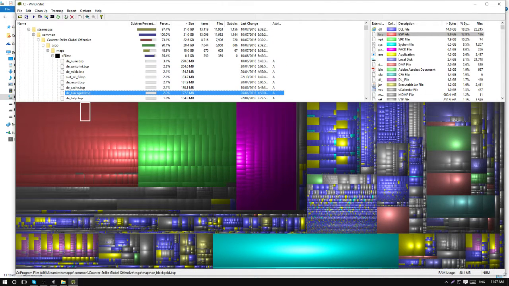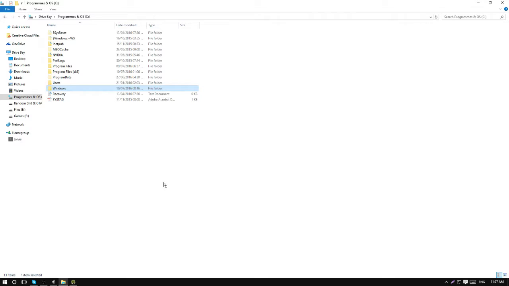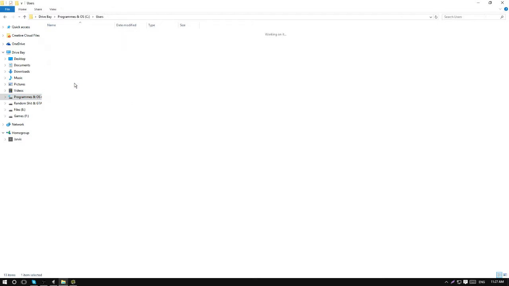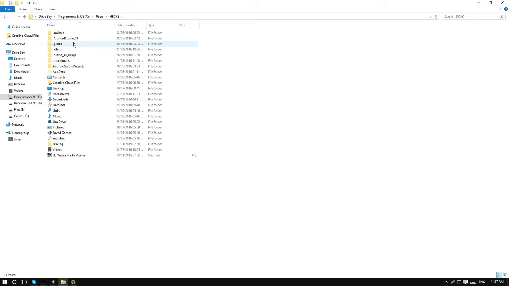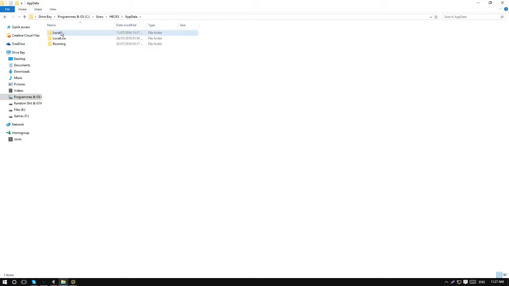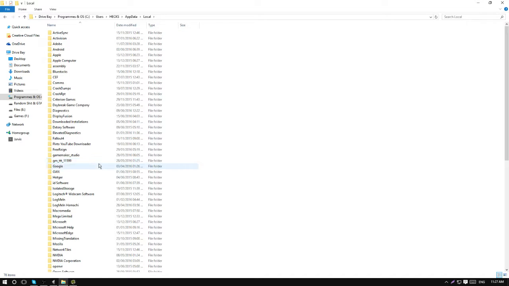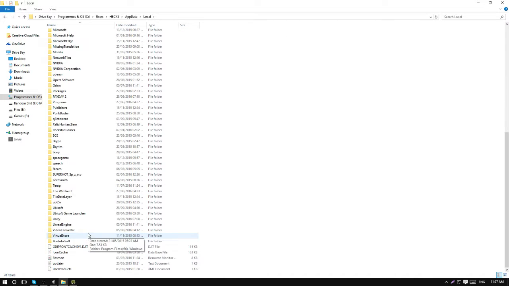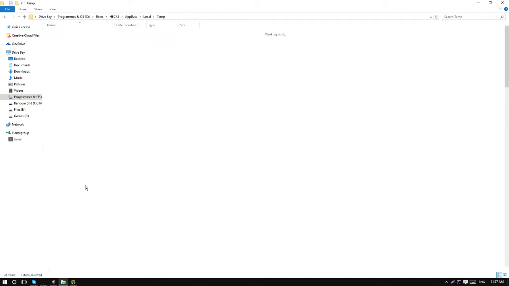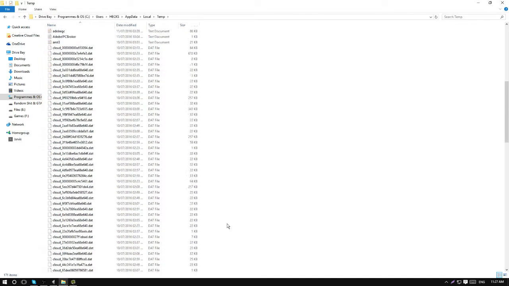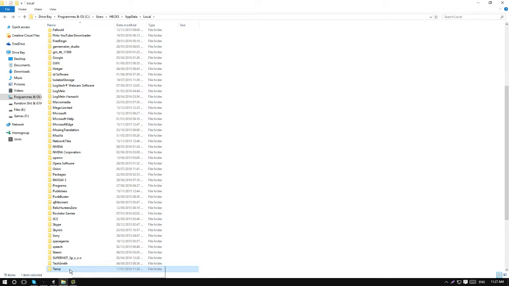But the problem that I had was that I was using all my memory on temporary files. I'll try to find it here for you guys now. I believe it's under AppData, Local, and then Temp. If I could find it here, Temp, here we go. So yeah, as you can see, I had a bunch of temporary files that were using up so much space